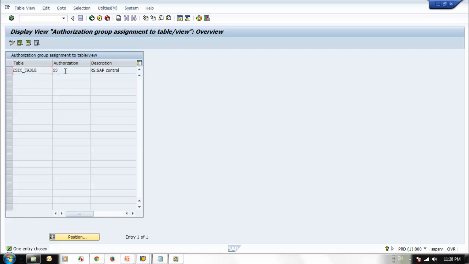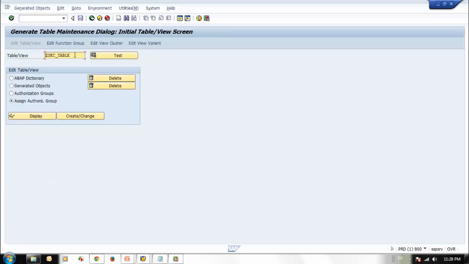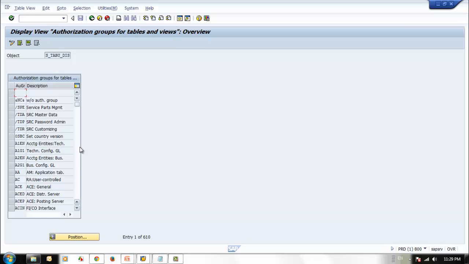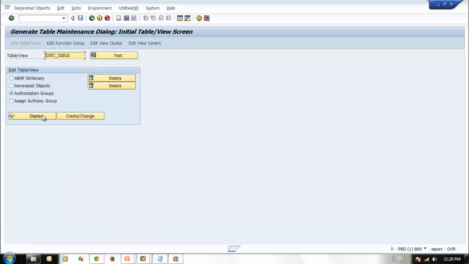So this is the table and this is the authorization group which is assigned to this table. This SS is a standard SAP authorization group. You can create your own authorization group. To create your own authorization group, you simply select the authorization group. If you say display, then you have all the authorization groups which are available, or if you say create or change,